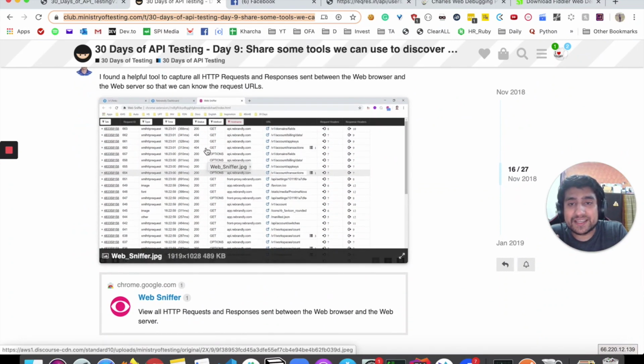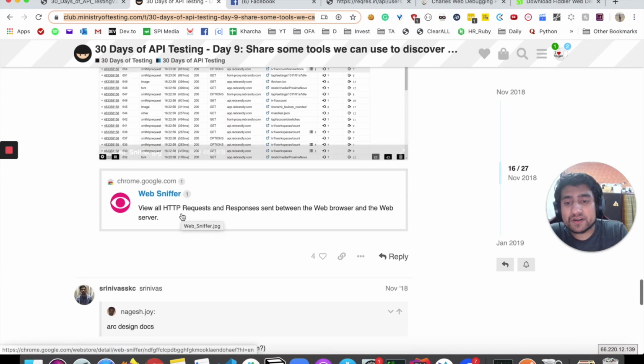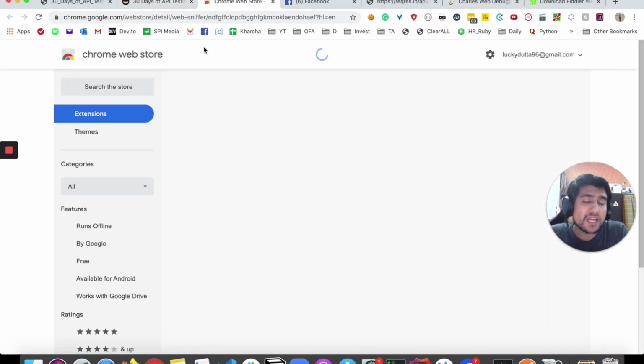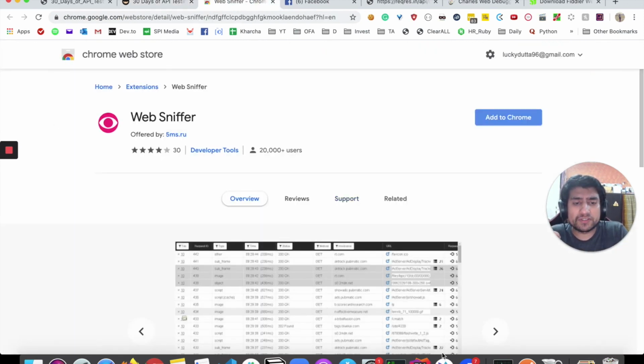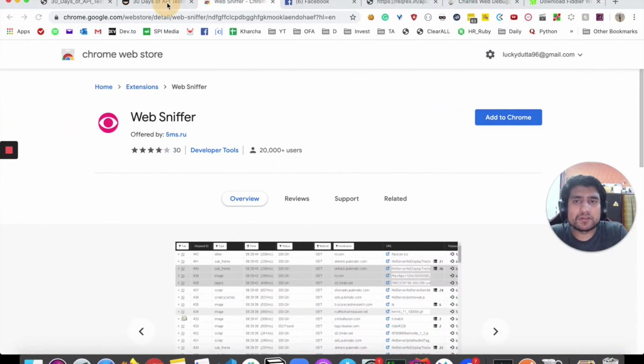As you can see, there are a couple more tutorials, like Wireshark and others. All the traffic and API calls going on, you can see and manipulate. This is like a web sniffer. Similarly, you can try out these tools. I would say Chrome DevTools and Charles are enough to get these API discovery calls. That is enough, and if you want to learn more, definitely read about it on this thread.